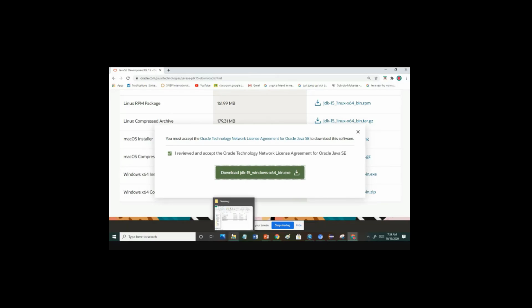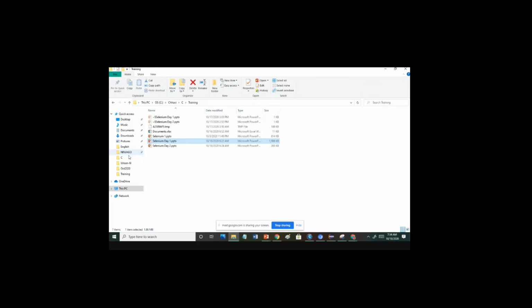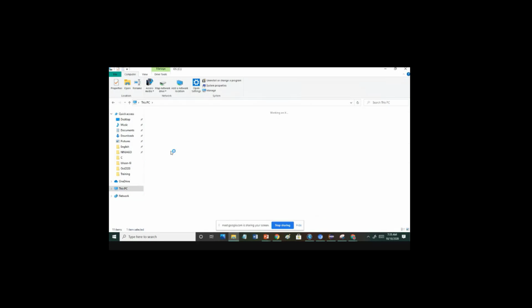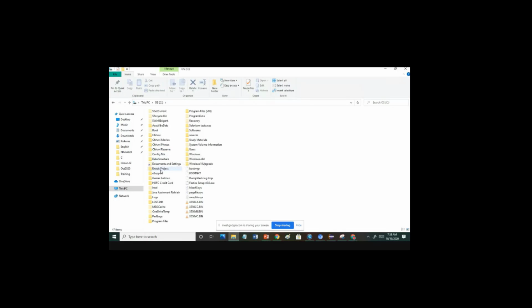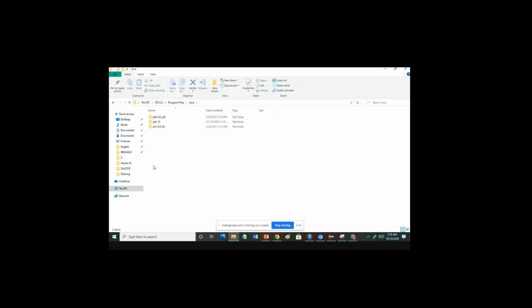So we will go to this PC, then C drive folder, then Program Files. Inside this there is a Java folder. In Java you can see that Java 15 is installed.